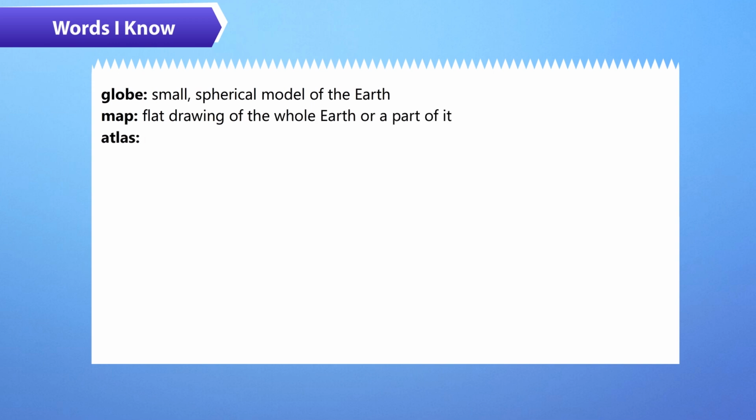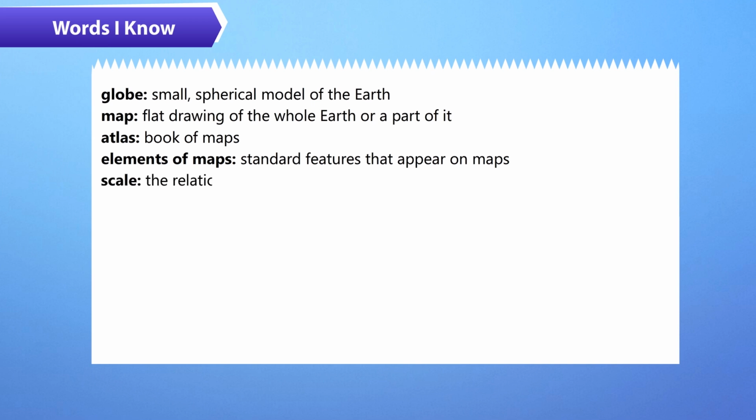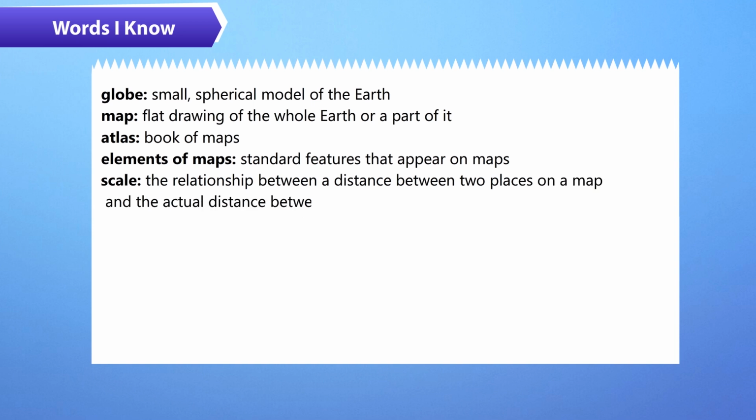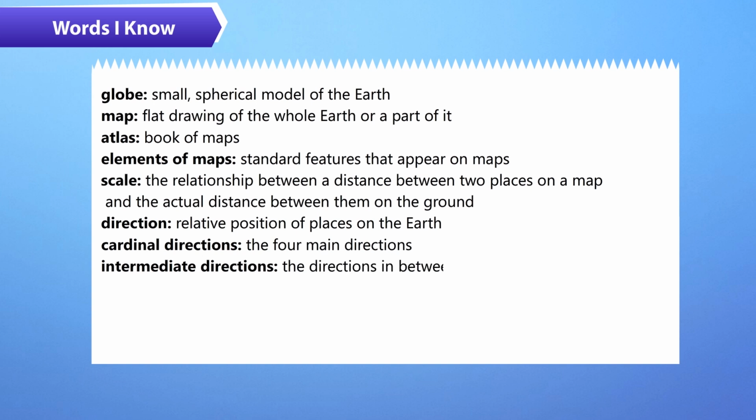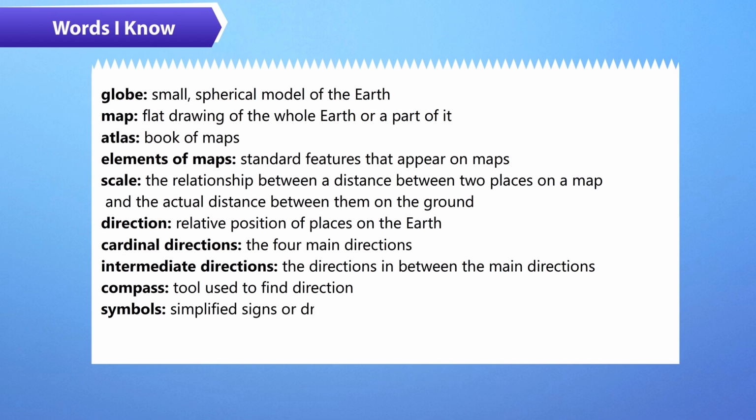atlas, book of maps; elements of maps, standard features that appear on maps; scale, the relationship between a distance between two places on a map and the actual distance between them on the ground; direction, relative position of places on the earth; cardinal directions, the four main directions; intermediate directions, the directions in between the main directions; compass, tool used to find direction;